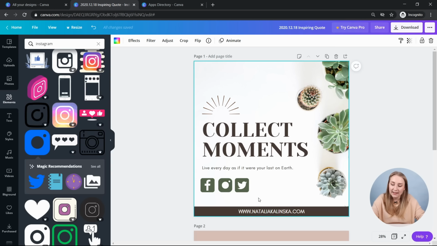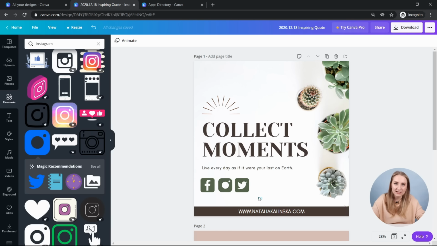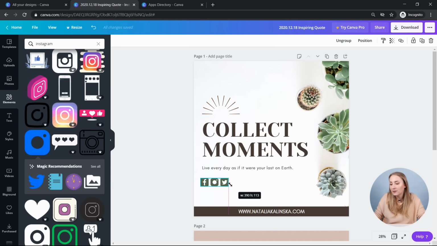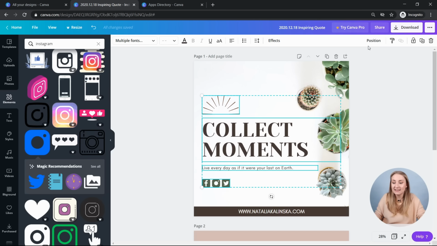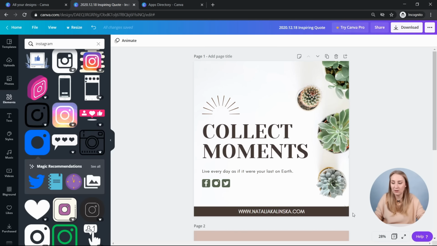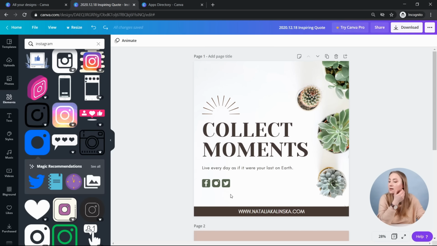So again, click somewhere on a safe space, somewhere where you don't have any elements or text or anything. Just drag it over those buttons, click position, and then click tidy up. As you can see, Canva aligned it for me. And then together, I can just group it, make it smaller, and make it align to that particular list. And then if I select all of them, I can still align them vertically by Canva, and it will make it all neat and equal. I'll go back to that because I don't want to look like this.